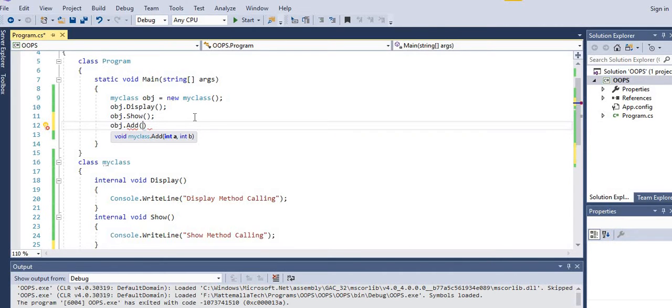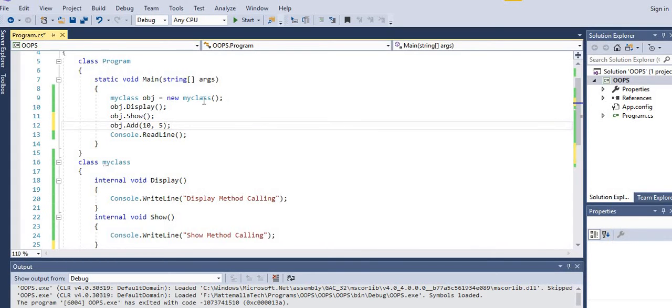That means in our previous sessions we learned parameterized methods and parameterless methods. Display and show are parameterless methods. Add is a parameterized method. So this method is expecting some argument or parameter values. So I have done it like this.